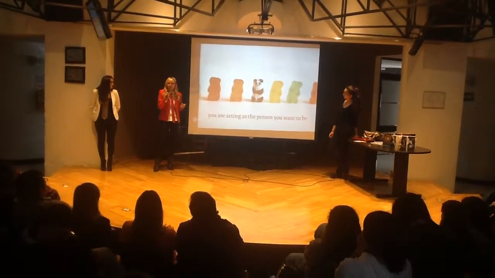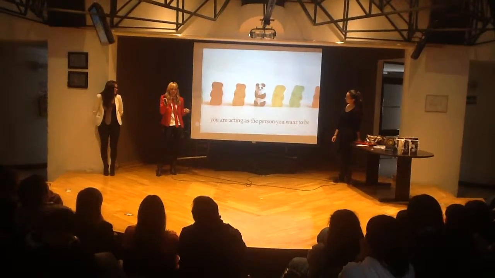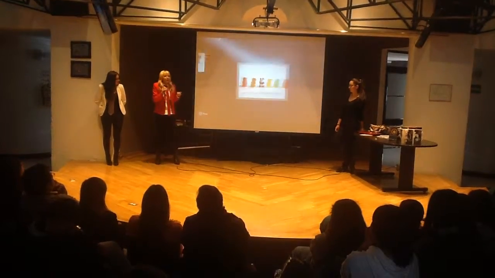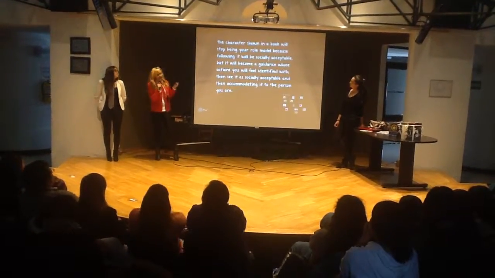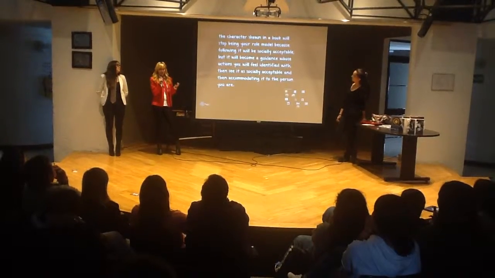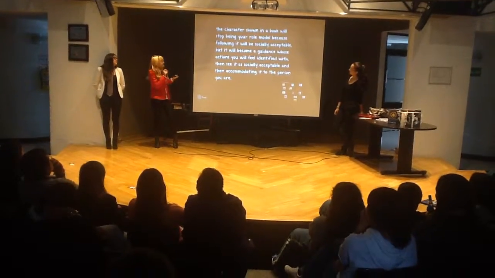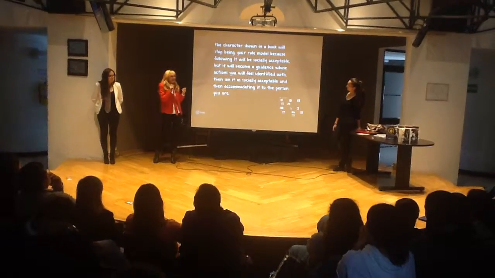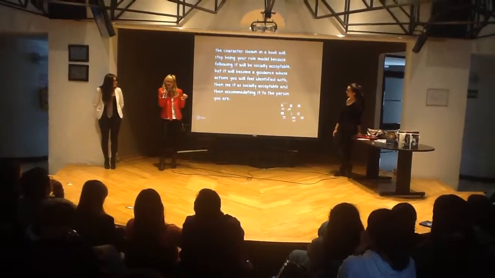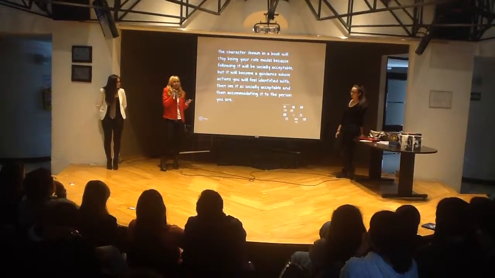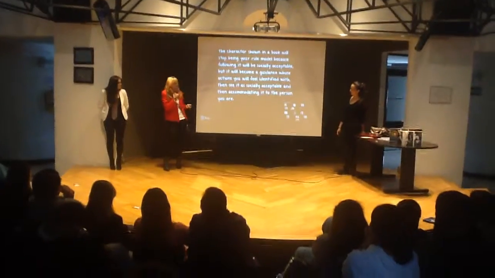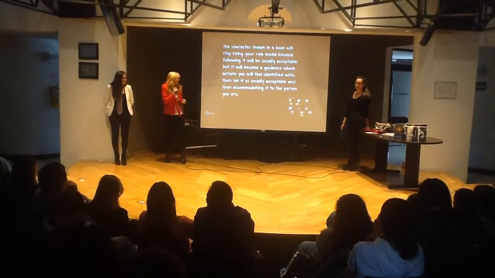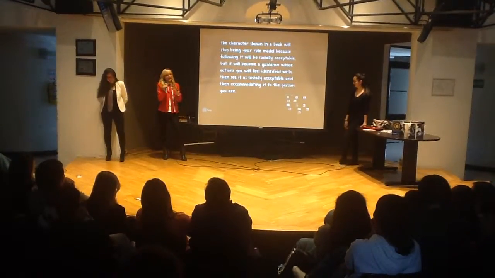So you're going to say, so what do these characters have to do with it? Because if we're forming our own personality, then these characters are not role models. Well, here's what happens. The characters shown in the books will stop being your role model only because you want to be socially accepted. But they will become a guidance for your actions because you will feel identified with them. Then you will realize that they are socially accepted people, which will make you want to accommodate all their, no, not their flaws, they're not flaws, and accommodate it to what you are.